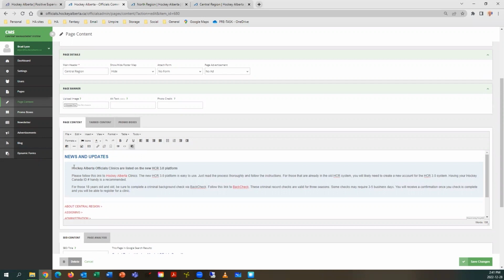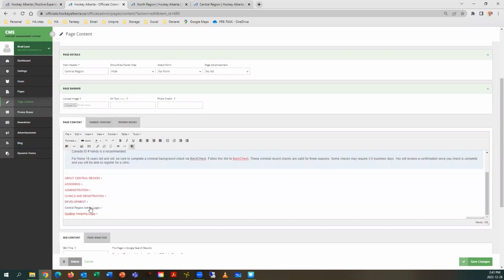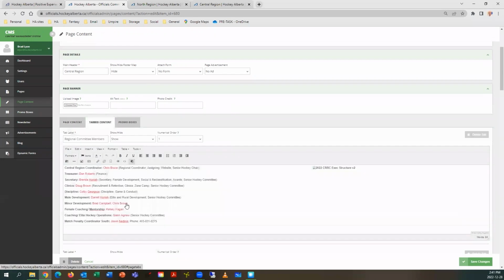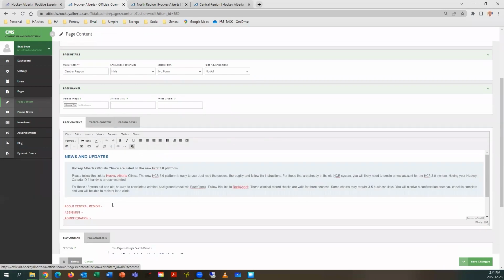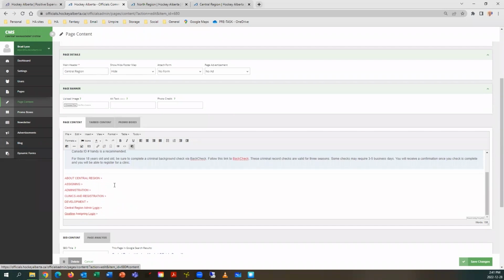So again, very similar to the other option where we are using page content. We are using the tabbed content to a certain extent. But the difference is that rather than having a large number of tabs, we've put that information now in individual pages. So you can see that we have these individual pages, and